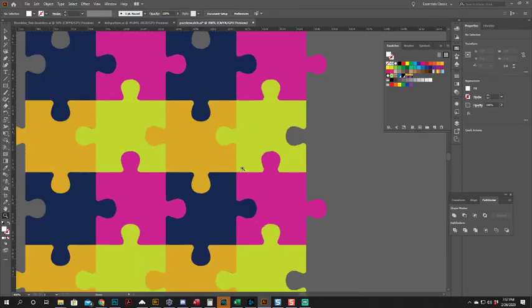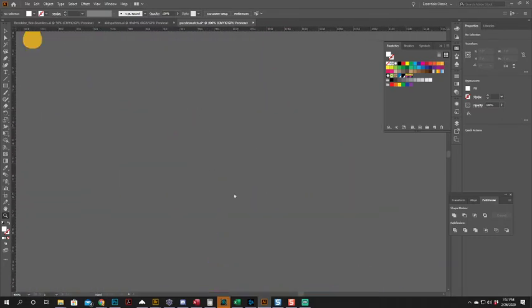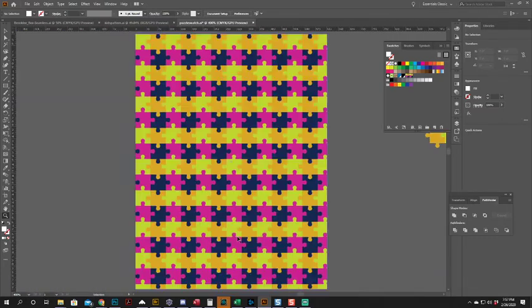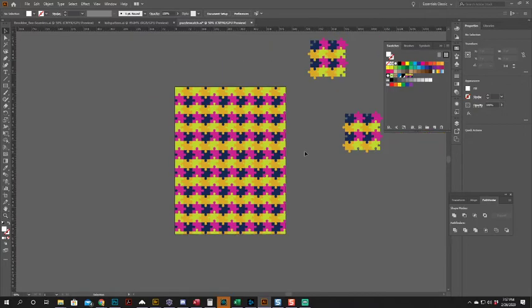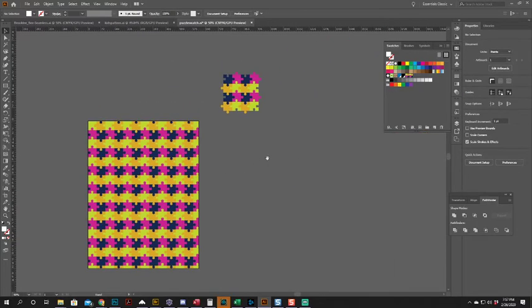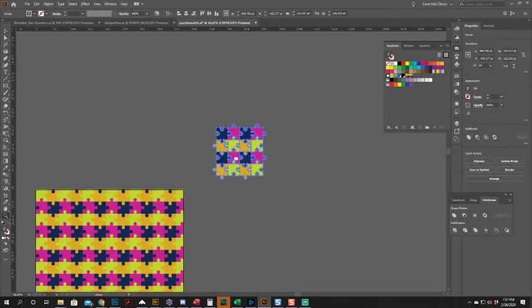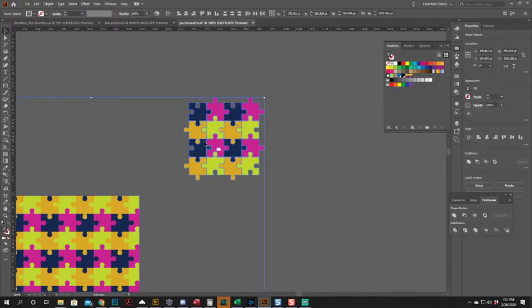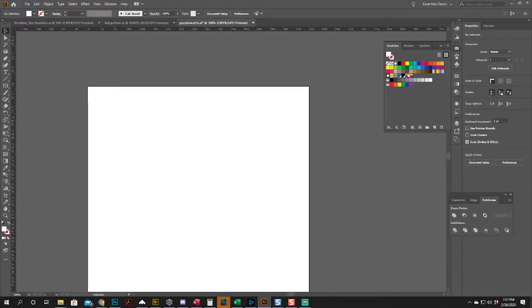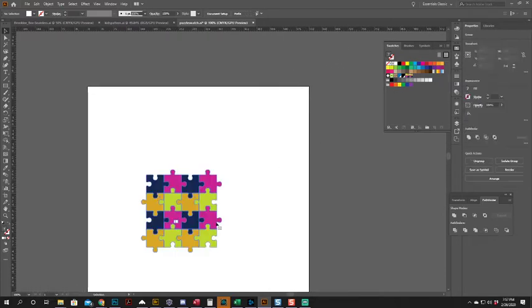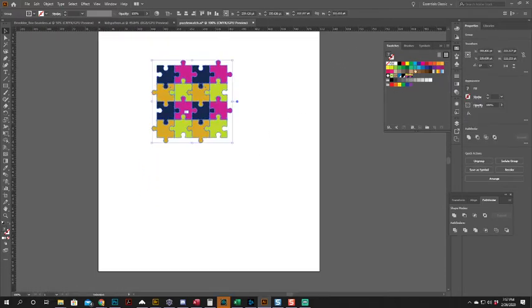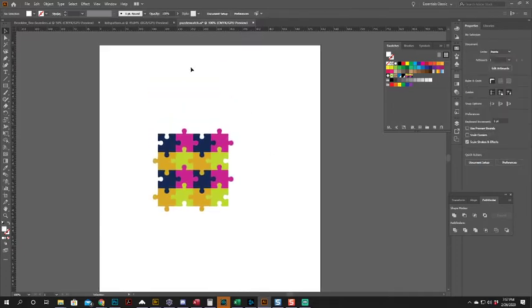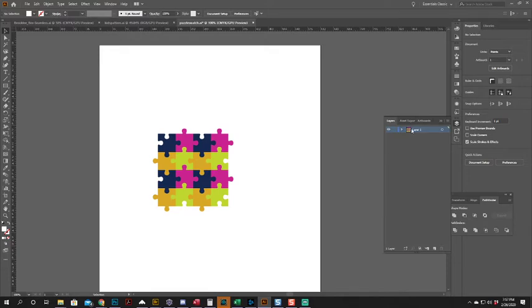Let me just zoom in and see. Can I tell what the difference between these are? I can't, so I'm just going to assume that it was the last one created, which is this one right here. Okay, so I'm just going to delete everything in this document. And I'm going to pull this swatch out onto your working area, like Jamie said. And then I'm going to open up my layers, expand this,